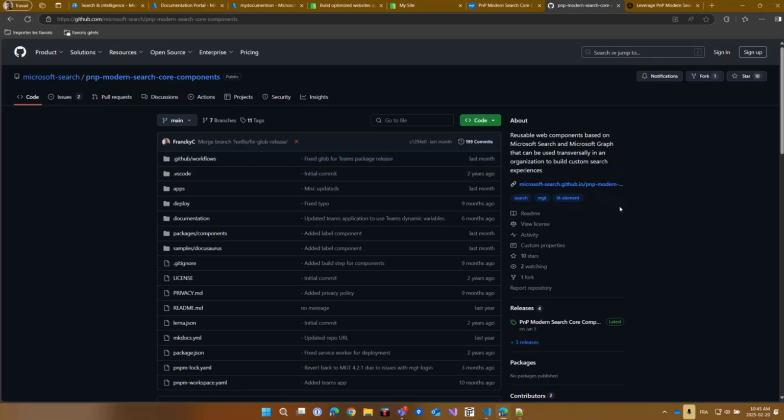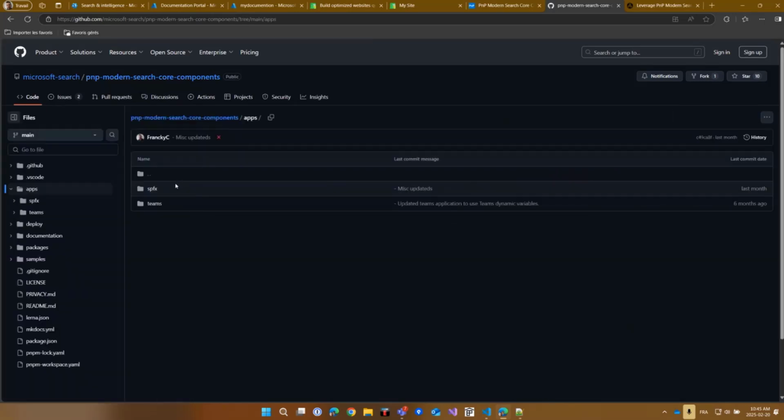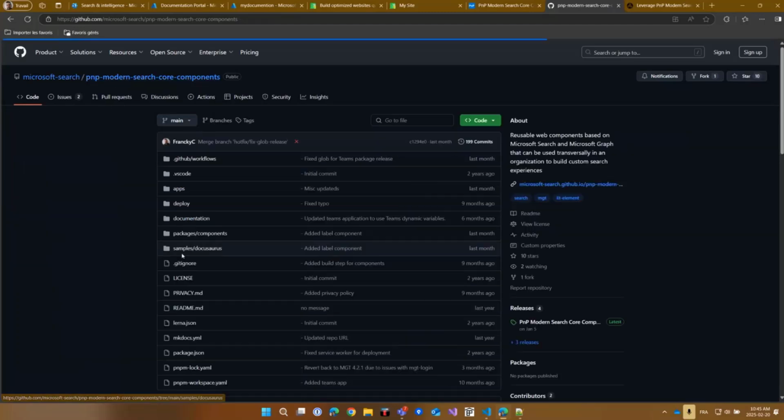By default, the solution provides some already pre-built integrations, like SharePoint Framework web parts and a Teams application, and also samples like the Docusaurus one I will show you today, and also a standalone web component that can be consumed either by adding a script tag in your HTML page or by using the npm package. But I will go through all of that in the demo.